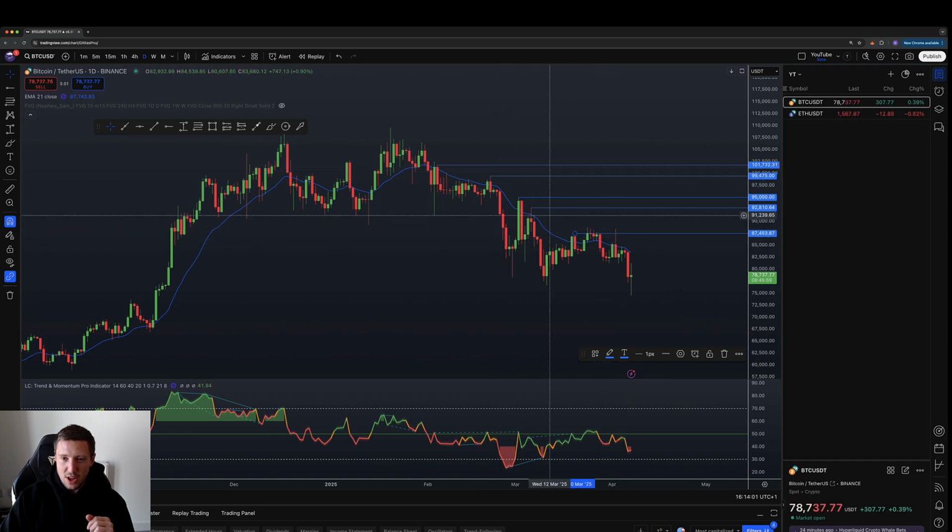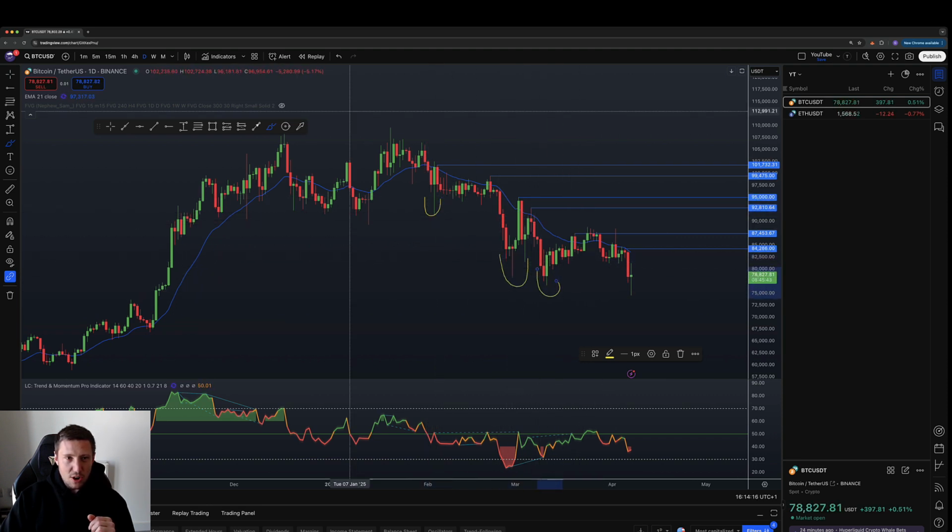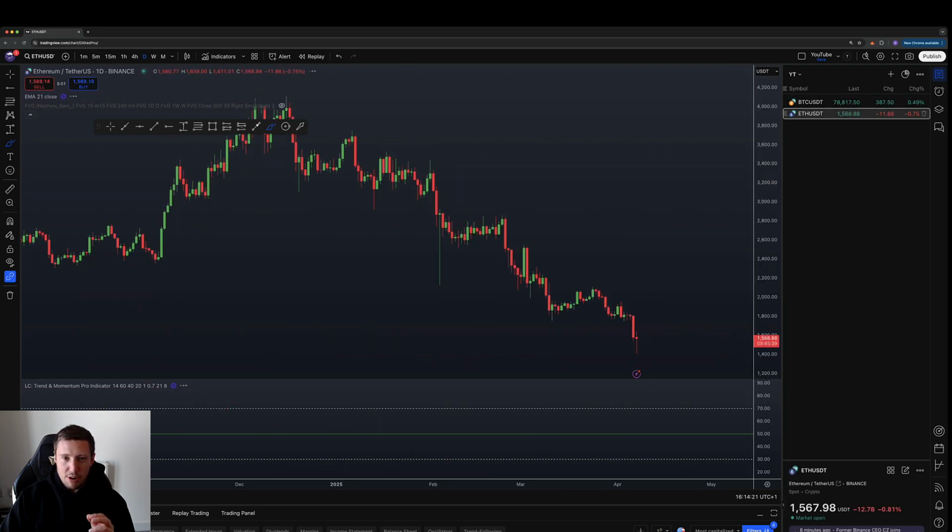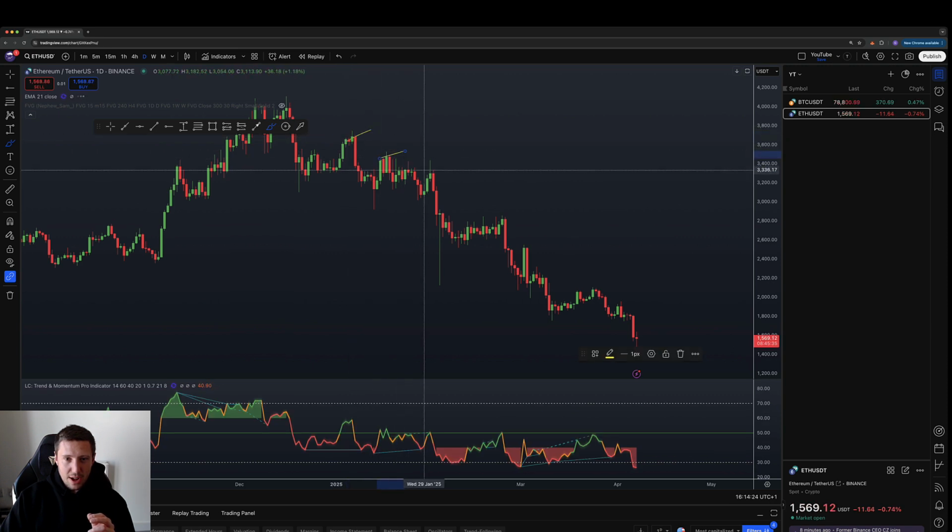We continued with this trend of lower highs, including the most local one here at 82.5k. And of course, whilst we were doing that, we were making lower lows as well. So every time we made a low, it was lower than the previous ones as well. So this can be seen on any chart, any time frame. So for example, Ethereum is exactly the same, no different. You can see lower high, lower high, lower high, lower high, all the way down,